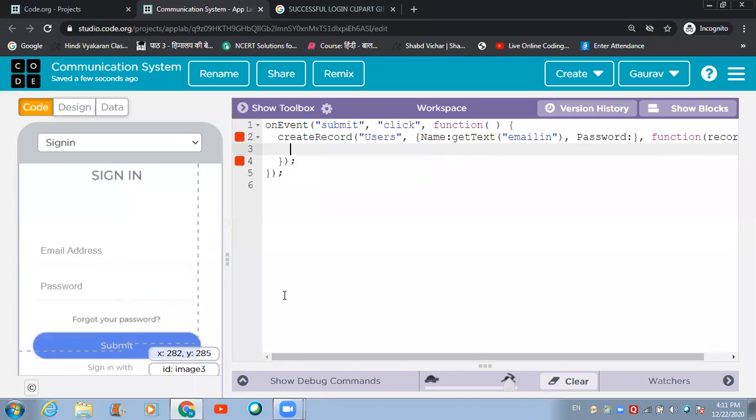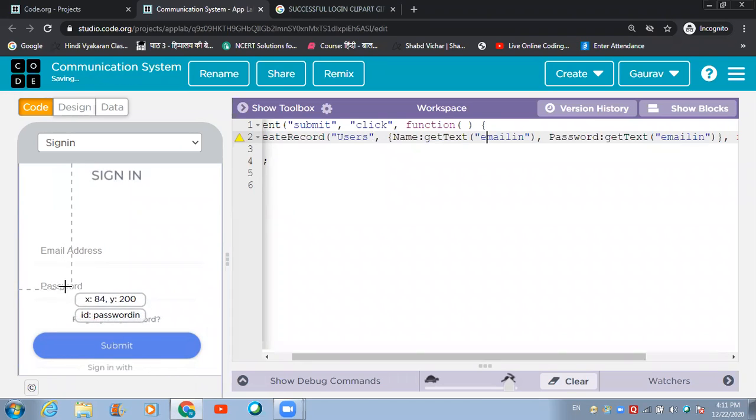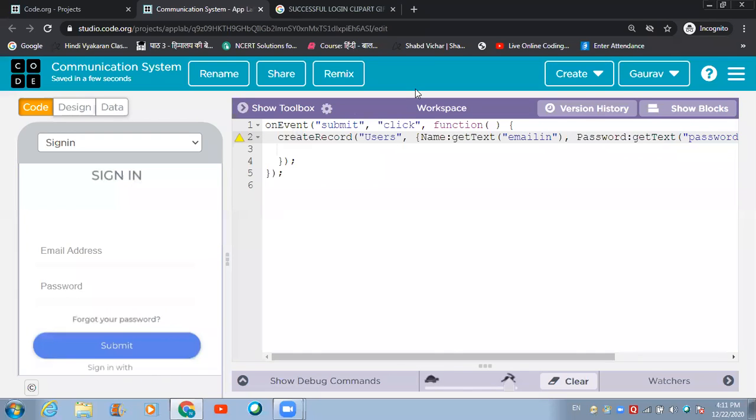Now when the user will hit this button, I would like a table with name users to get created on the data browser connected to this app, in which I would like these two information to be saved. One is this email thing and the second one is the password. So the password he's going to enter, the name of that component is password in. So I'm going to replace this email in with password in. Fine. So now